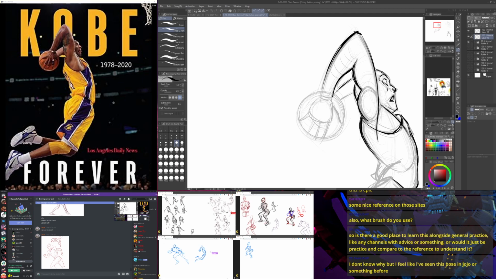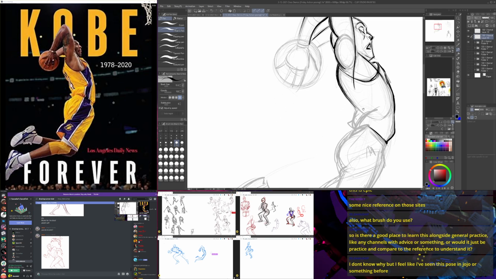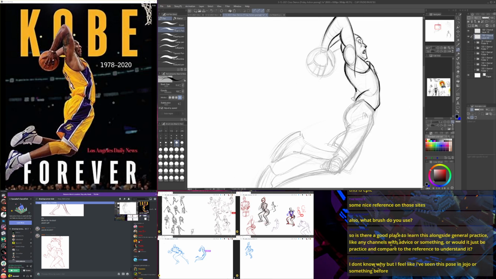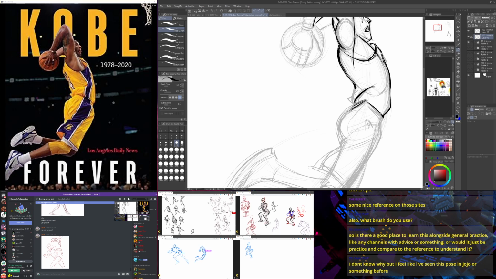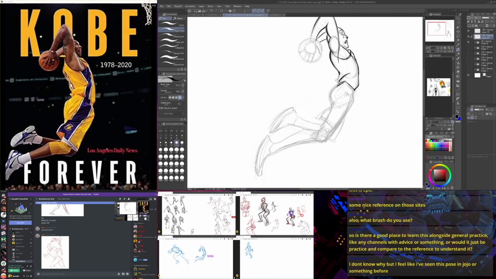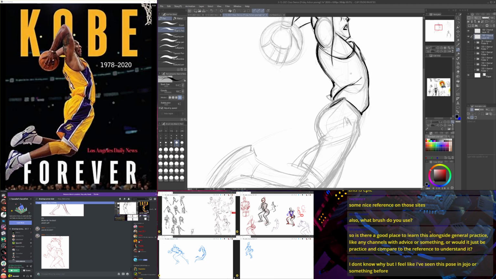I've never drawn Kobe Bryant's face before, so he's kind of looking like Mr. Clean right now from this little profile view. I need to get the full view of his face to think about how I would caricature him, so I'm leaving that as is for now. But I'm working my way down here to think about the structure of what's happening.